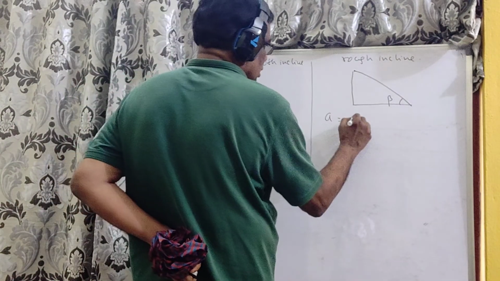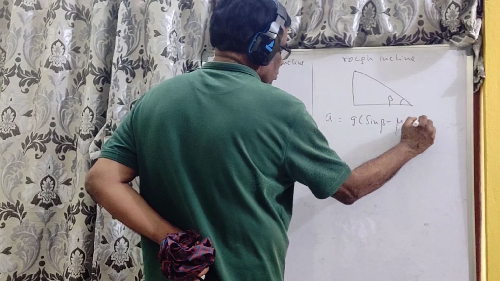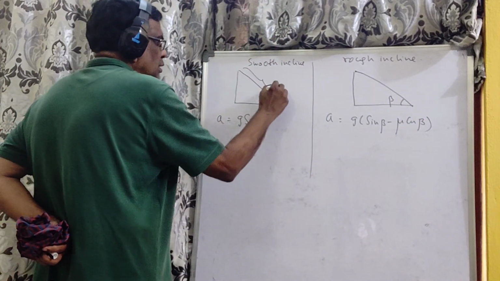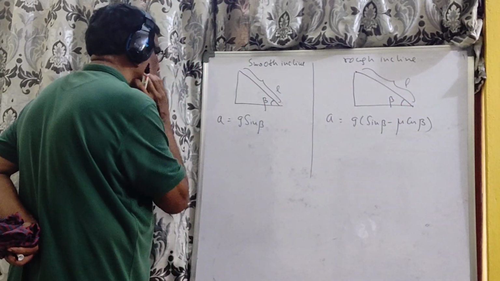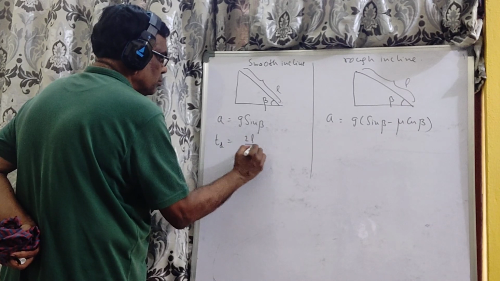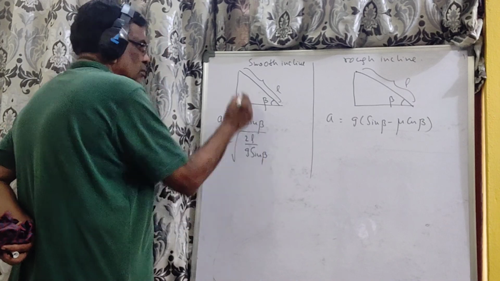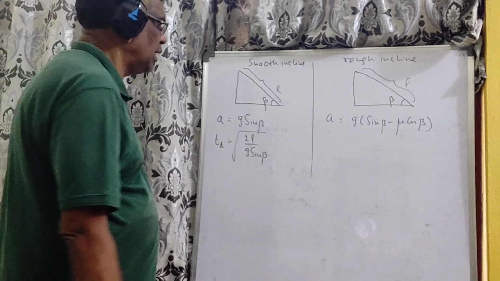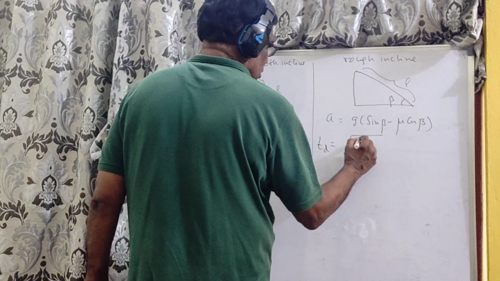What is A here? Okay? What if the length is L? What time does it take to reach, the time of descent? Under root 2s by the acceleration, the time of descent is